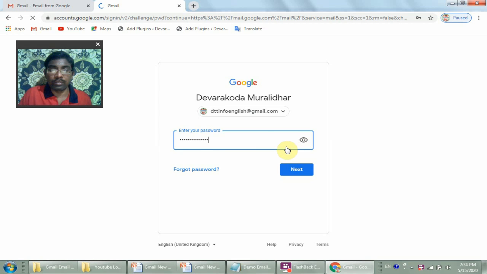After typing the correct password, click on the next button. Don't type a wrong password. If you type a wrong password, it shows red color, telling you that you have typed the wrong password, please type the correct password.